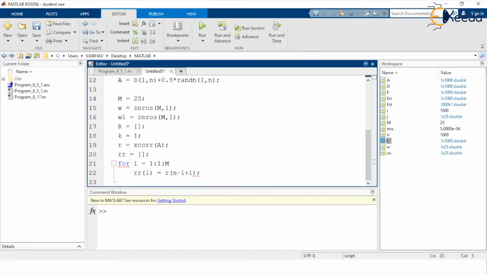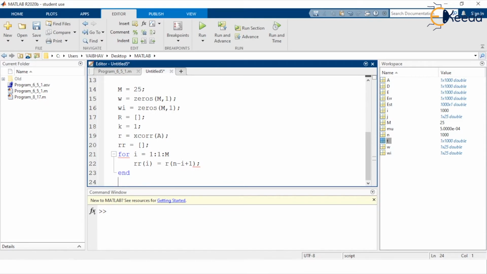So we end this for loop, and then we shall be computing capital R as a Toeplitz matrix. So here we write the Toeplitz MATLAB keyword and the input argument here will be RR here.